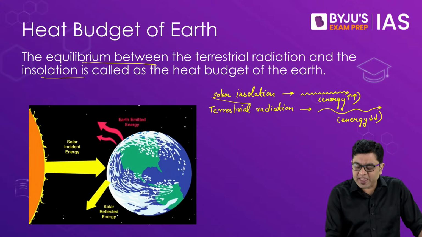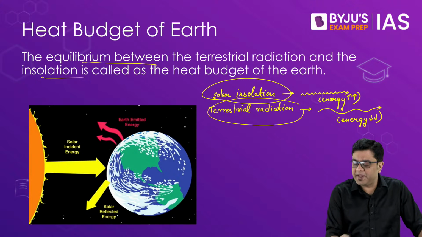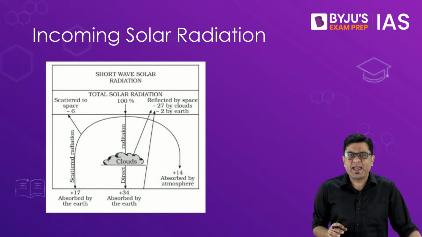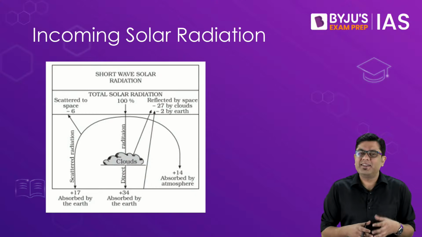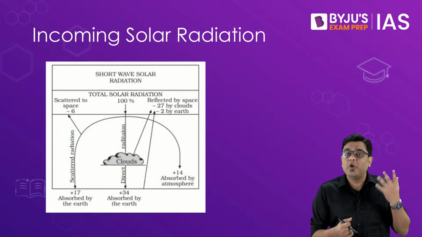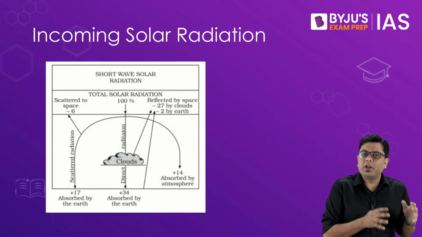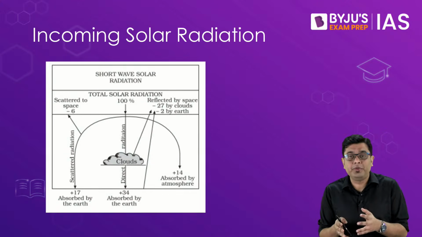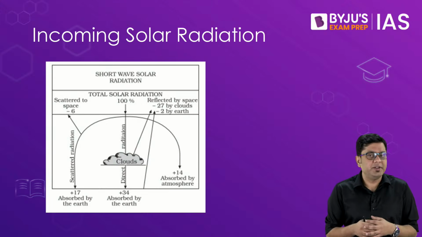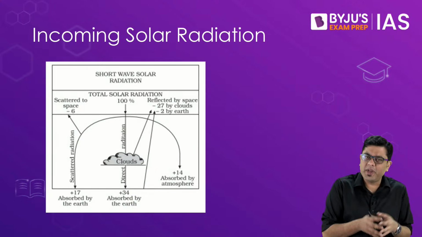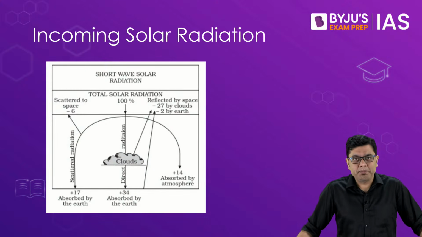One component will be that of the solar insolation, the other component will be that of the terrestrial radiation. And that is where we try to establish the balance between them. Here you have to understand that with the help of satellite data, satellite information, and also with the help of various different sounding rockets, etc., we have now got a detailed mapping regarding the amount of solar insolation received, absorbed, and reflected from the various different surfaces. That is how we are able to establish the circumstances in which this balance has been maintained.